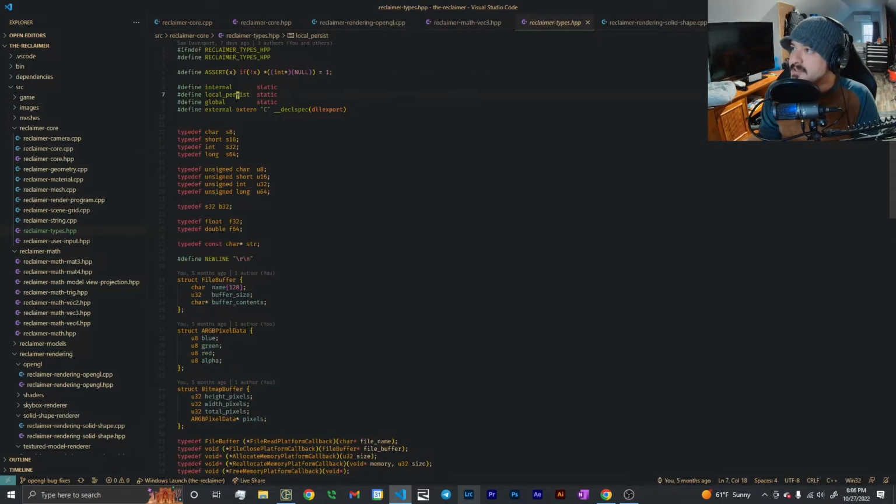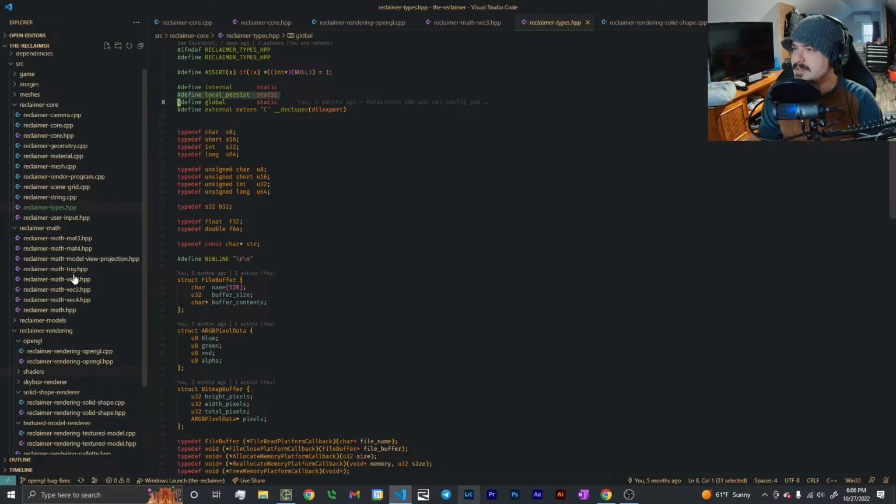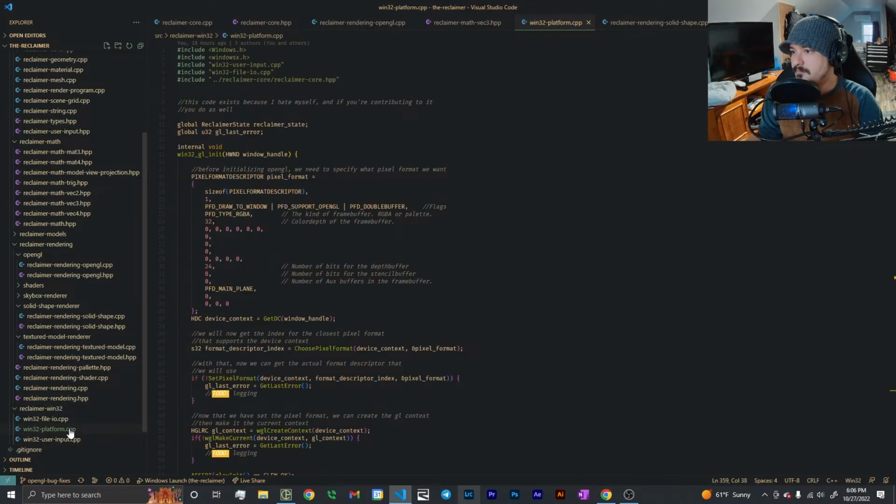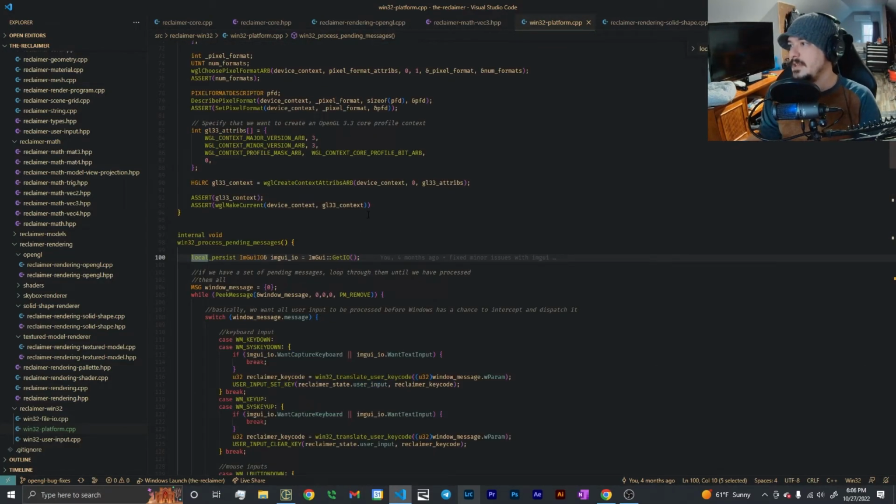And for local persist, this is a way of saying that a variable is going to have the same value when that function completes and then comes back. So for instance, I think I use local persist in my Win32 platform. Let's see. Yeah, so for the